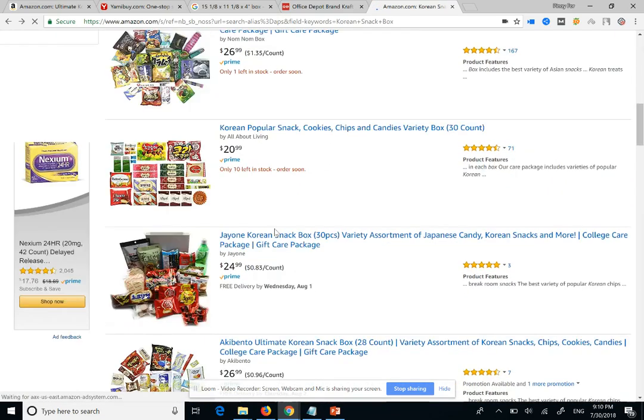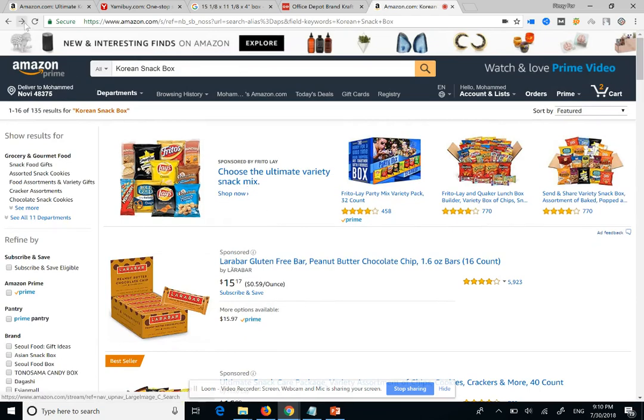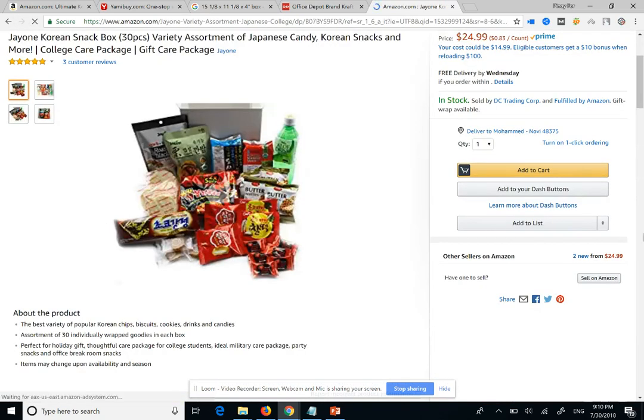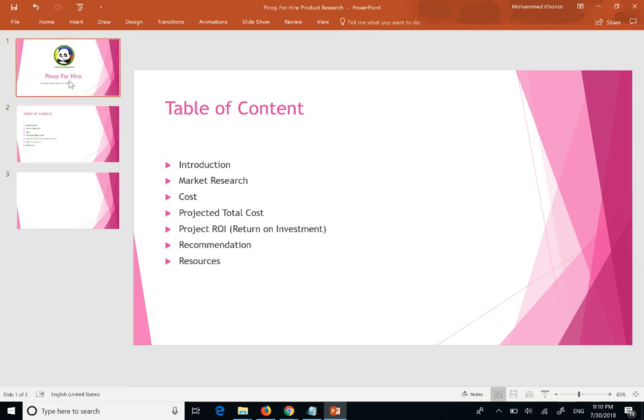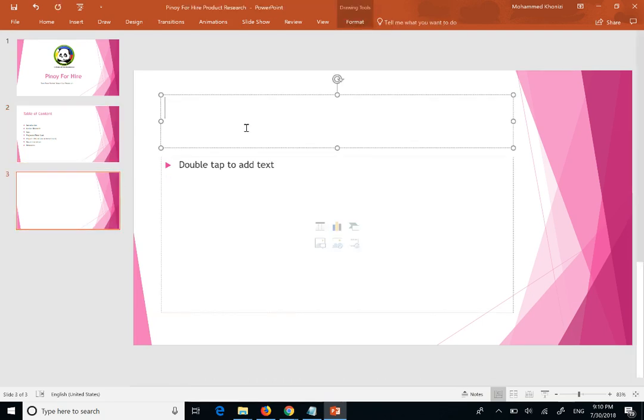Now I have some good information to start. I have the sizes, I have some information about the product. I can come here and say, okay, we do have a problem. We need to go ahead and act on it. Now we come here and we start putting our own presentation together for our business partner or the person we are trying to present to, and tell them, okay, let's say we're going to introduce the Panda snack box, and we can here say,